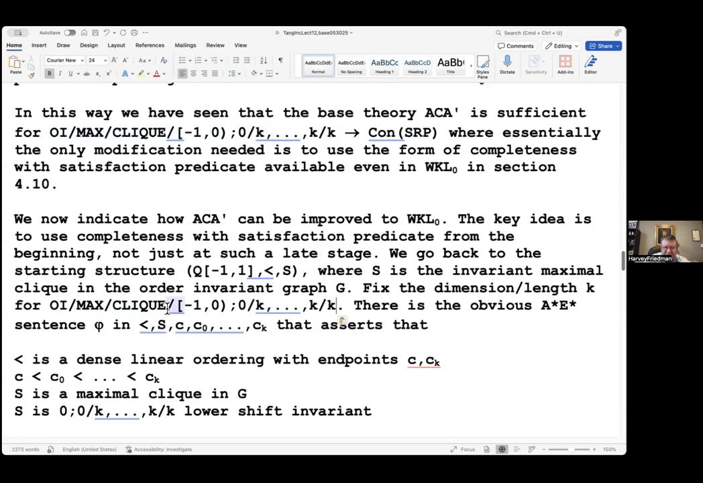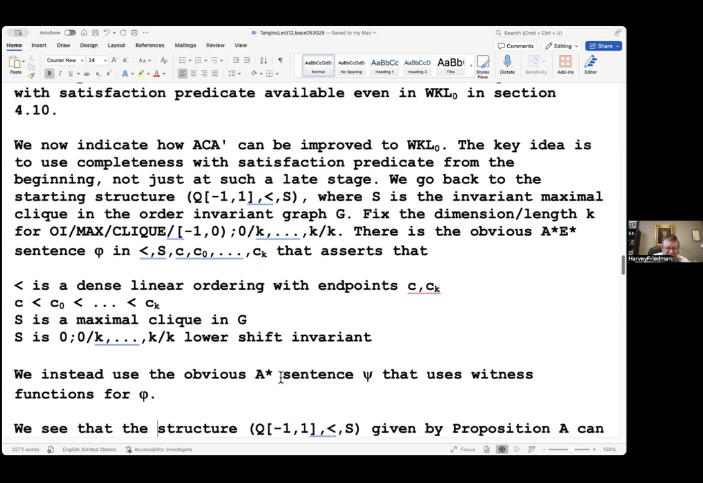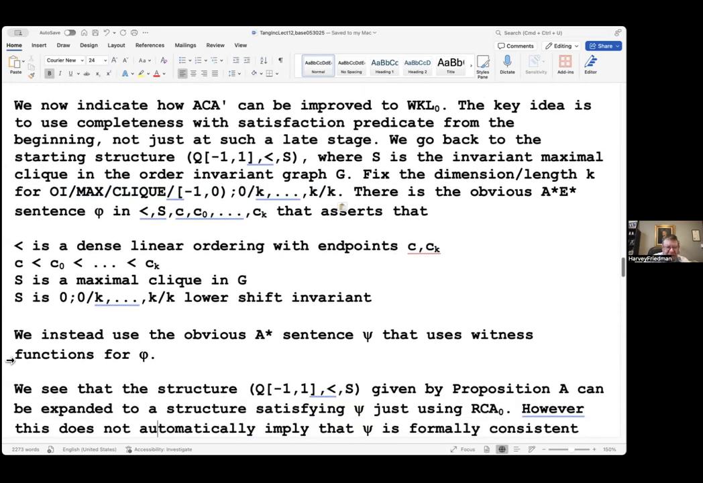There's the obvious A star, E star sentence phi in the language less than S, constants C naught through CK for the indiscernibles and another constant C. This C is for the left endpoint, and this CK is for the right endpoint, the last indiscernible. Namely, what is the appropriate theory here? It's that less than is a dense linear ordering with endpoints C and CK. These are strictly increasing. S is a maximal clique in G, and S is, this is an old remnant, is